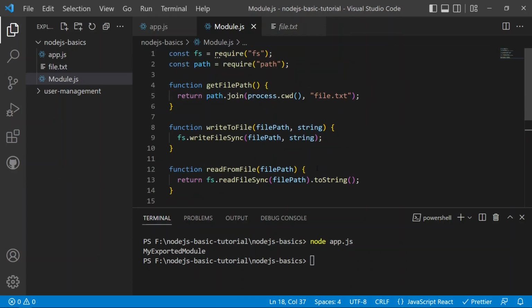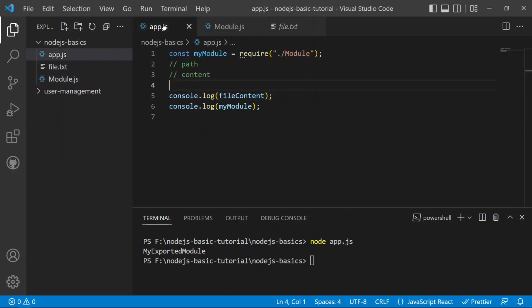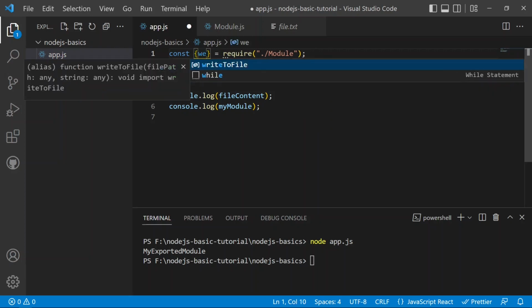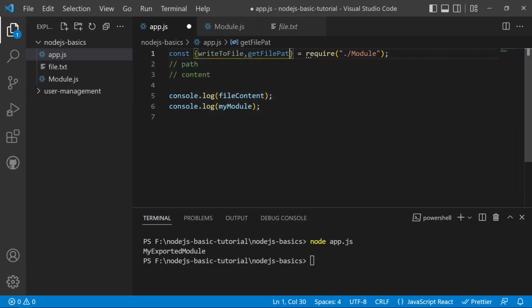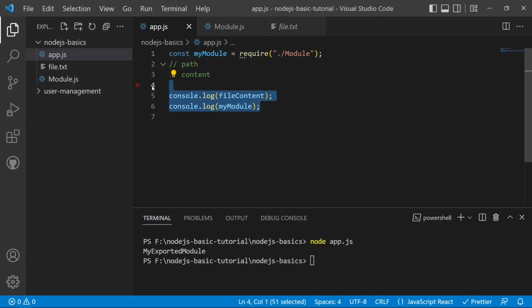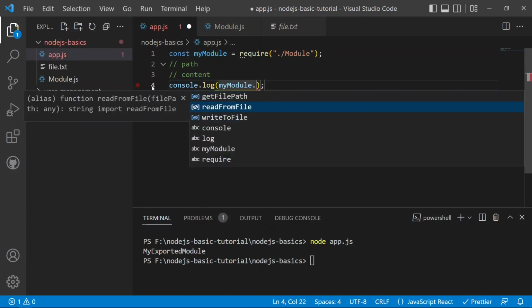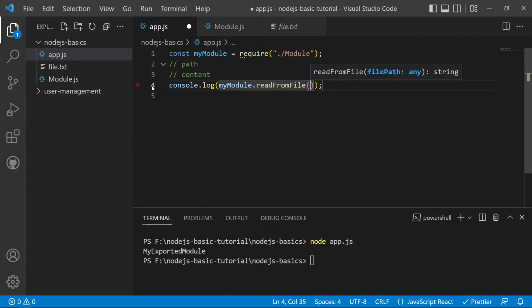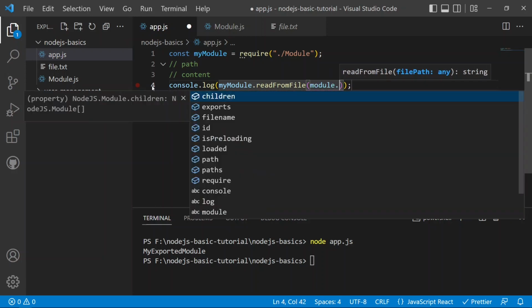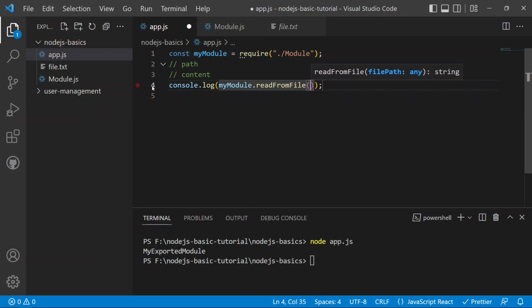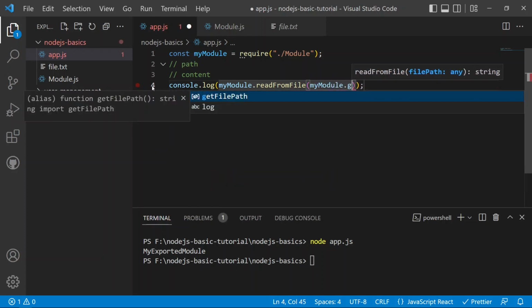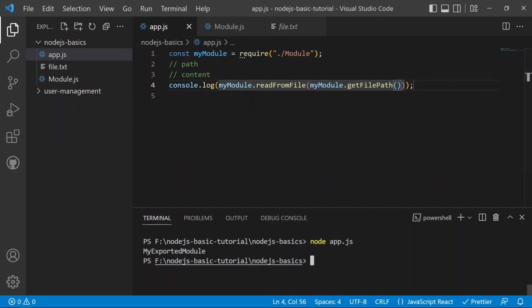So now we have exported all of these functions and they are also the module. Now we are already importing the module as well, so we can destructure the functions, like the write to file and the get file path. But now we will have the default export of the my module. So we can run the functions, like we can log the my module dot read from file, and we need to provide the file path, so we can provide the file path as my module dot get file path. If we now save and move on to the terminal and run node app.js,